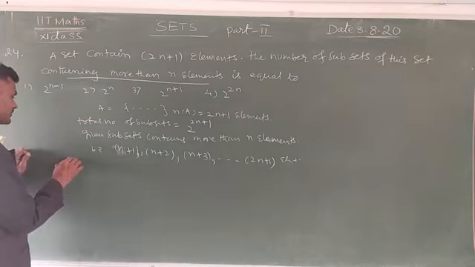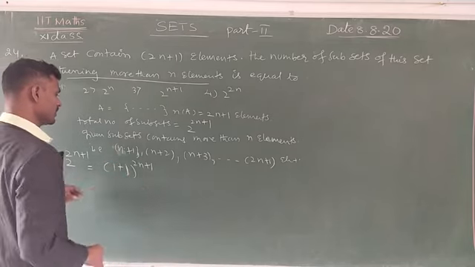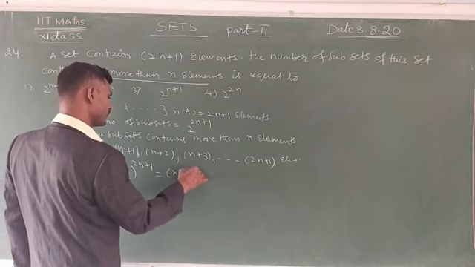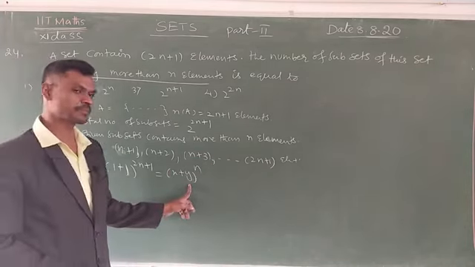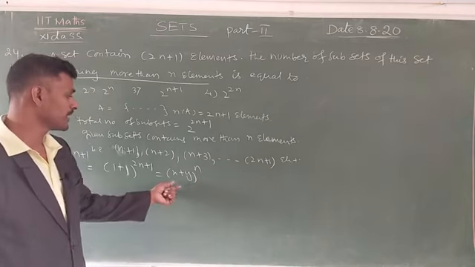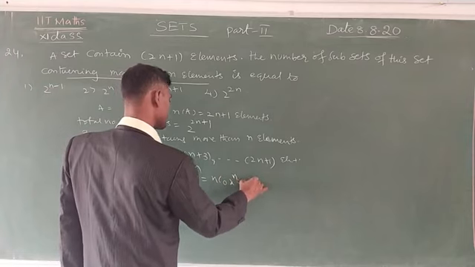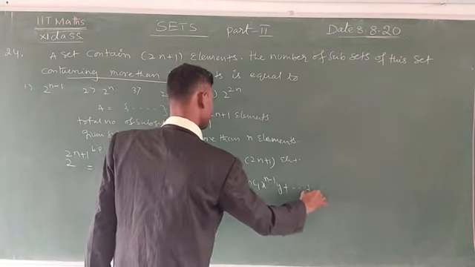Here 2 power 2n plus 1 is there. This one we can write as 1 plus 1 whole power 2n plus 1. Now this is x, this is y. This is comparison with x plus y whole power n. Or 2n plus 1 has been given, means here x plus y whole power n. This is the binomial expansion. Here nC0 x power n plus nC1 x power n minus 1 y plus up to so on nCn y power n.